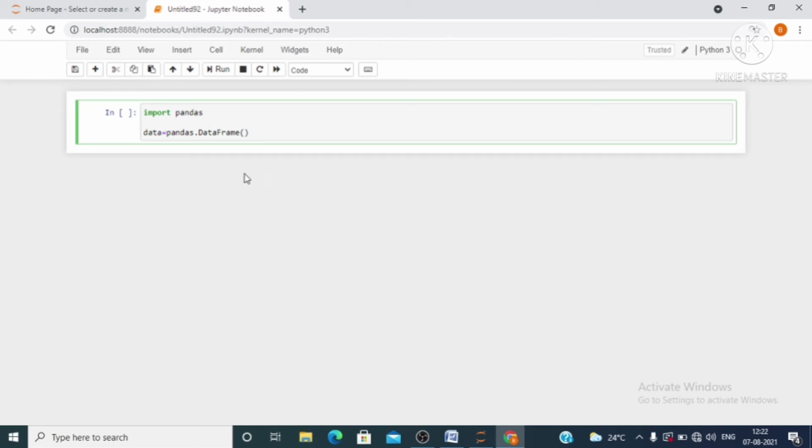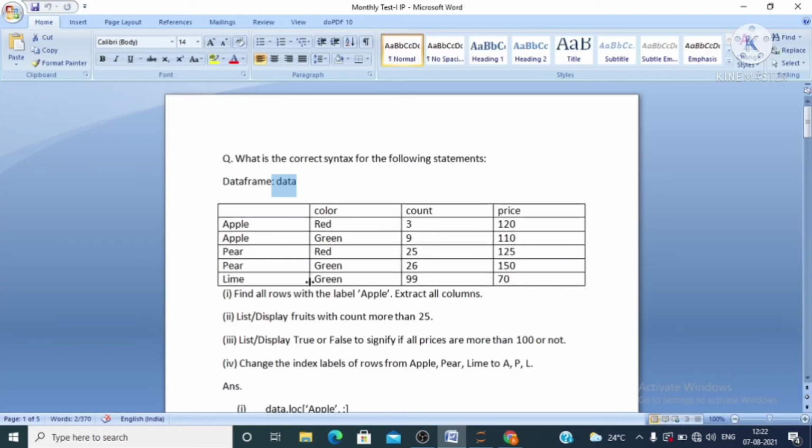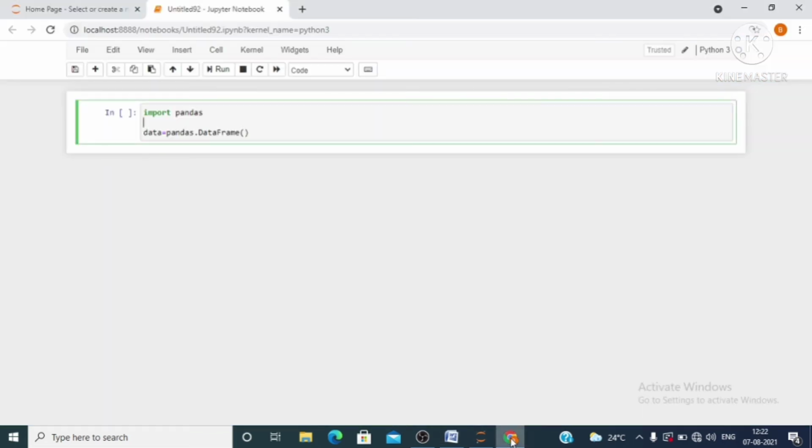Now see the data present in this table. It is having column, color, count and price. So we will create a dictionary, and from that dictionary we will create a data frame. So let us create a dictionary first, and after that data frame will be created. And since keys of a dictionary become column names, so first column name will be the first key. So first key is color,